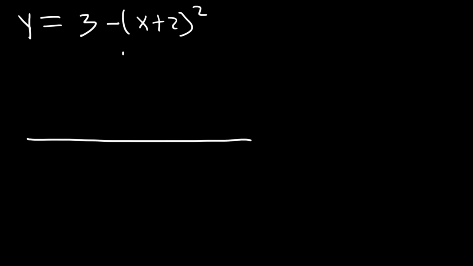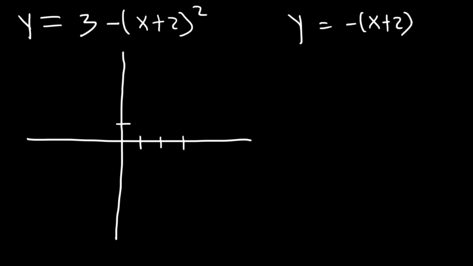Now what about this one? Let's say if we have 3 minus x plus 2 squared. So once again, we have a parabola. And this time I'm going to plot it more accurately instead of using a rough sketch. Now this is a vertical shift up 3. If you want to, you can rewrite it this way. This is y is equal to negative x plus 2 squared plus 3. So we have a vertical shift of 3. Now we also have a horizontal shift left 2. So the center, or the